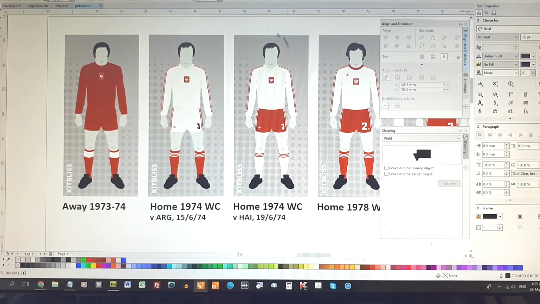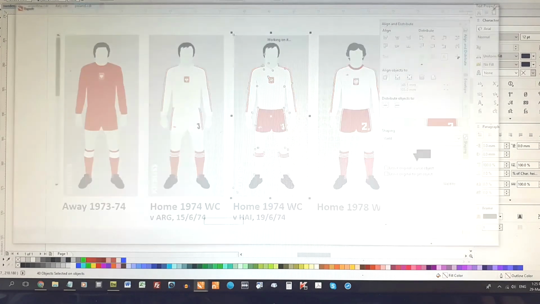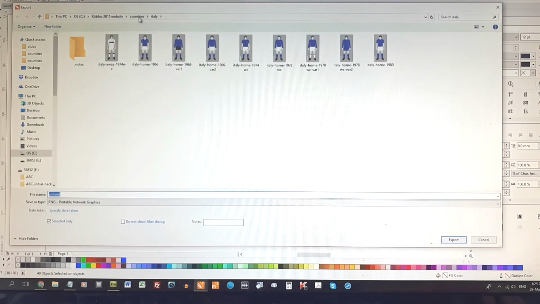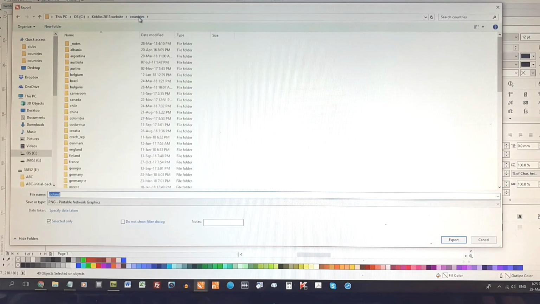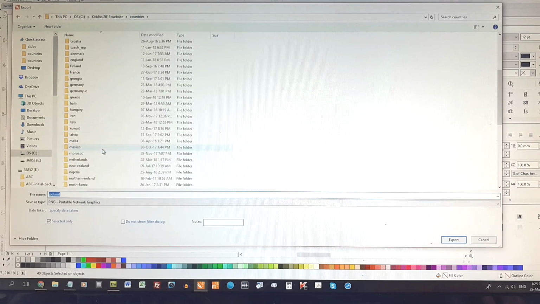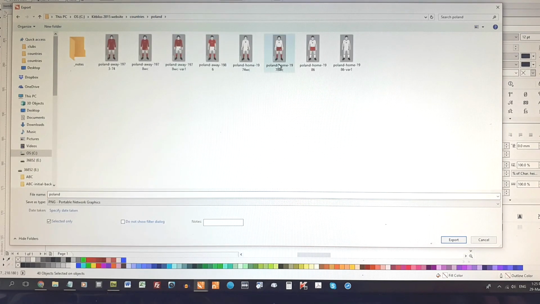So now all I've got to do is grab this and export it into a PNG graphic file, and then that can go onto the appropriate page of my website. So I'll just draw a selection box around that, and I'll say export. We're in the Italy subdirectory at the moment, so countries, and we go down to the Poland folder. Here we are. Here's some I prepared earlier, and I will say World Cup